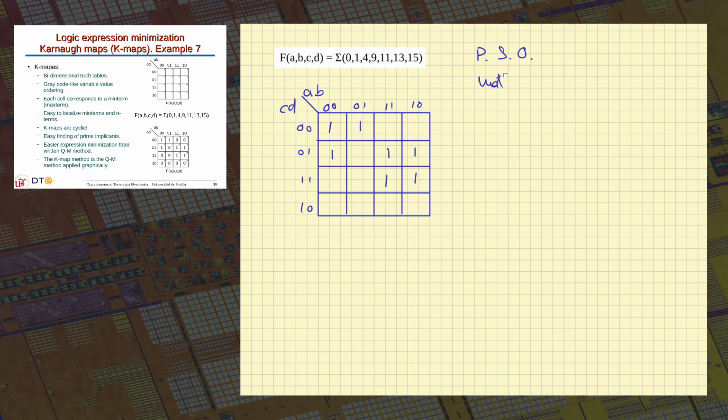Max terms. So I look at the places where the function is equal to 0, and then I will obtain a minimal product of sums. Okay, it is the dual procedure to using the minterms. So because I need the zeros now, I will make them explicit,